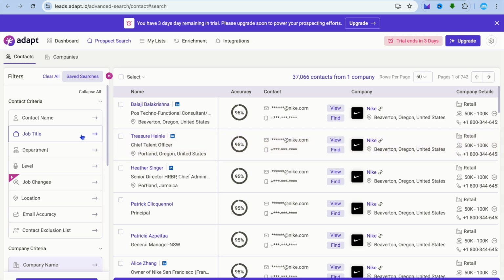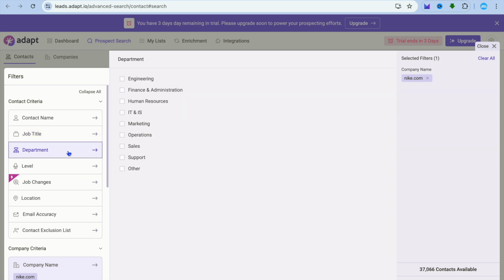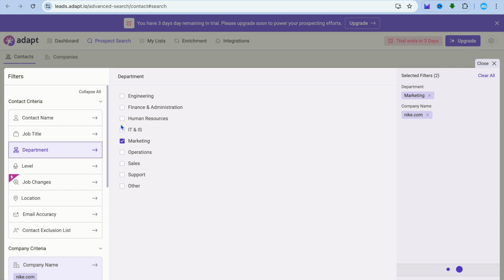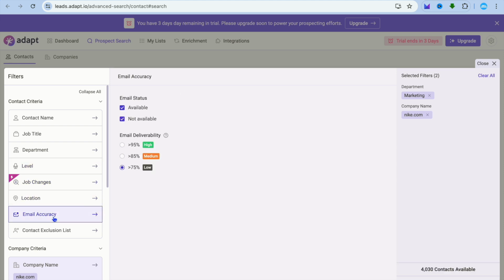menu option. You can filter by job title. So you can type in the title right here that you'd like to search for. Or you can filter by department. So for example, I could select marketing department. So you can filter by that by selecting a department. You can also filter by level by tapping on level right here, whether you like to reach out to the VP, director level, or so on. You can also filter by location, and you can also tap right where you see email accuracy, and you can